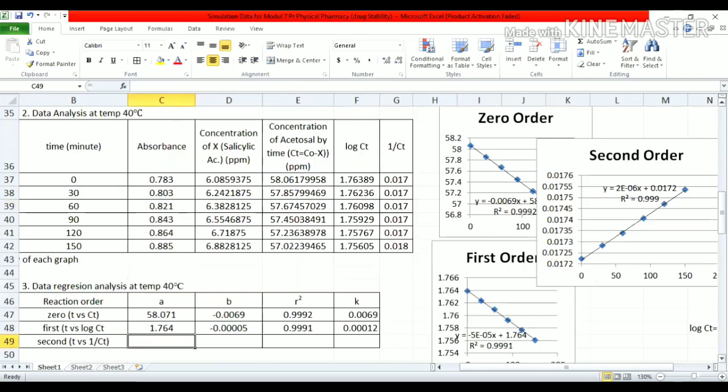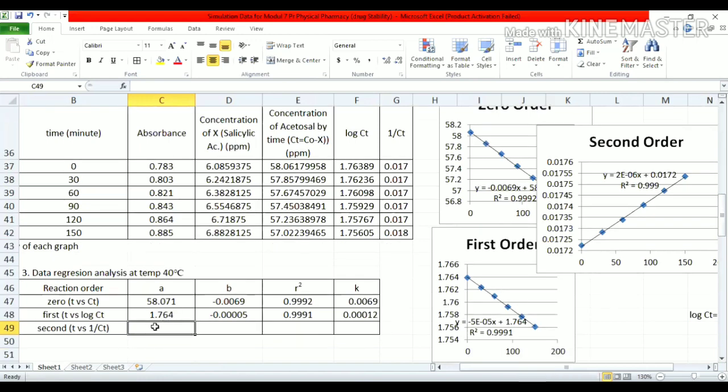Okay, so in this experiment at 40 degrees Celsius, we already got all the data, and from the linearity